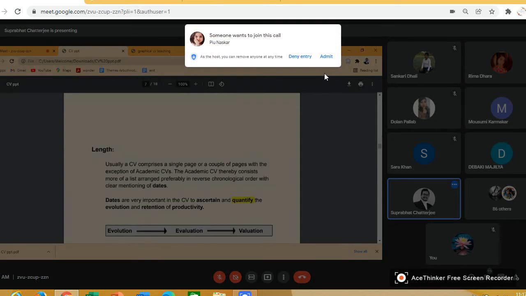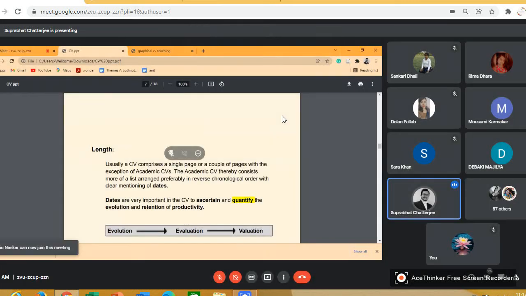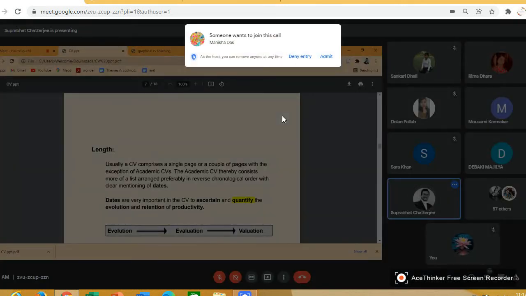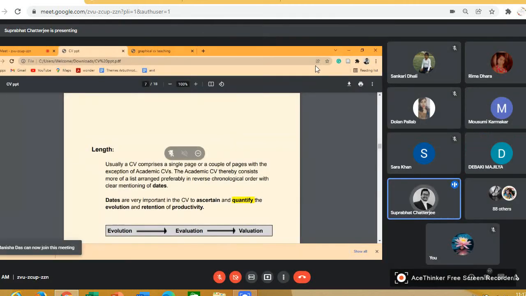Next, about the length. কতটা লিখব, কতগুলো পেজ লিখব। এইখানে যেটা মনে রাখতে হয় যে সিভি usually comprises a single page. It consists of a single page অথবা a couple of pages, মানে দুটো পেজ। বেশিরভাগ ক্ষেত্রে আমরা একটা পেজেই লেখার চেষ্টা করি, যদি একটা পেজ না হয় দুটো, কিন্তু একটা ইজ অলওয়েজ প্রেফারেবল, উইথ দি এক্সেপশন অফ একাডেমিক সিভিজ। কারণ